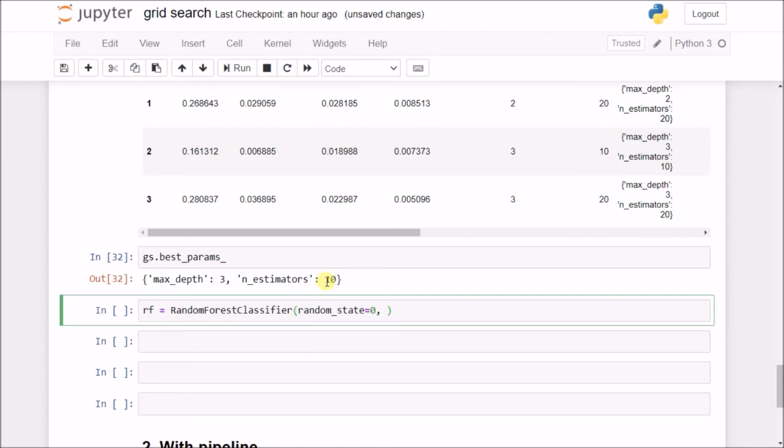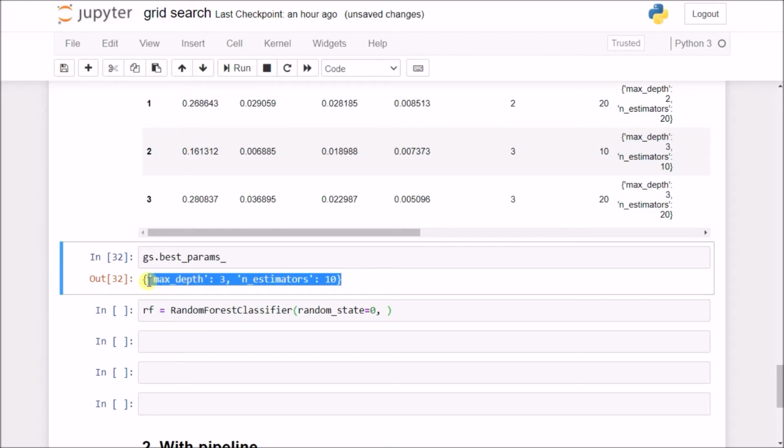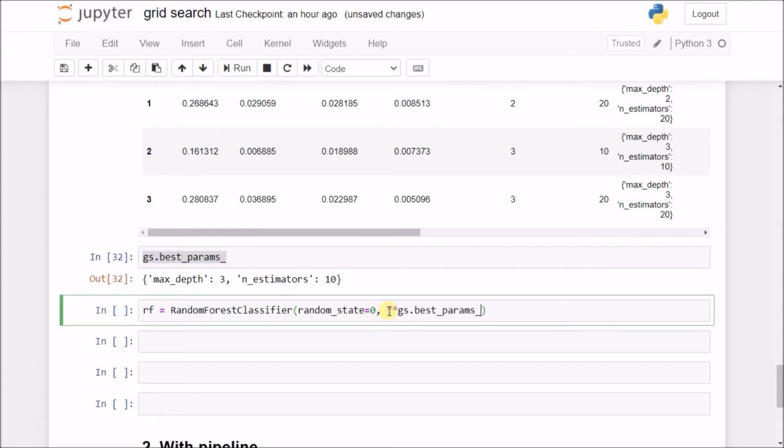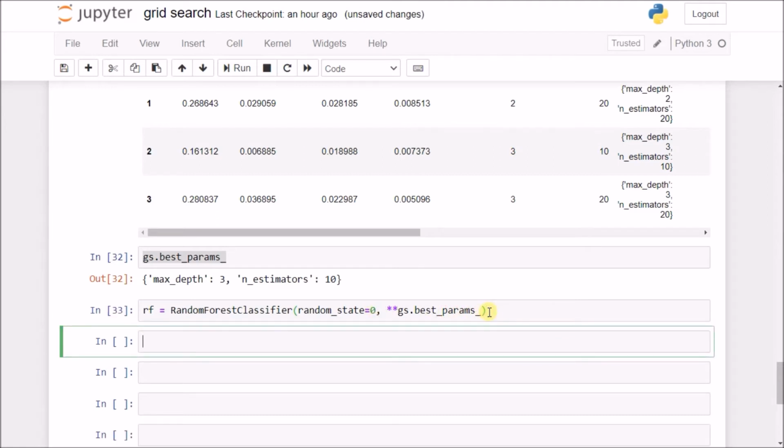Random state is 0, and to pass in the best parameters I can pass them as keyword arguments by putting them after the double asterisk mark, and this will make the random forest classifier object. And now I'll simply fit my RF object on my X train out and my Y train.